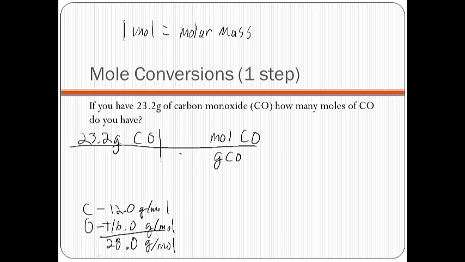So what's my number I put here for a gram? I'm going to put 28.0 grams. For how many moles? 1 mole. For every 1 mole, you have 28.0 grams. This is going back to molar mass. So this right here is your conversion factor. We're going to multiply on top, divide on bottom. So 23.2 times 1 divided by 28.0. And we're going to get the grand total of 0.829